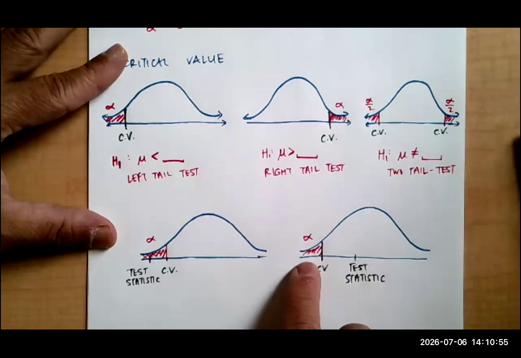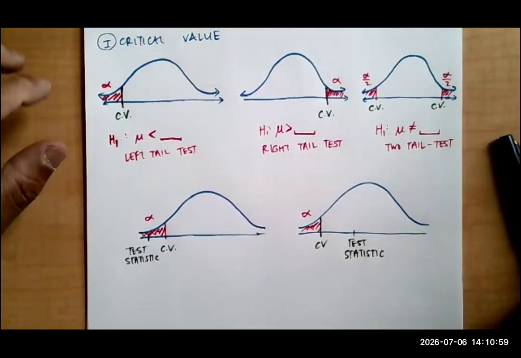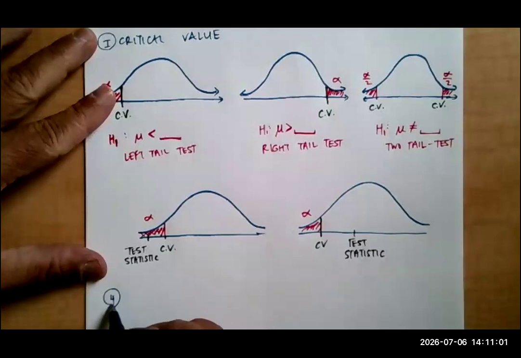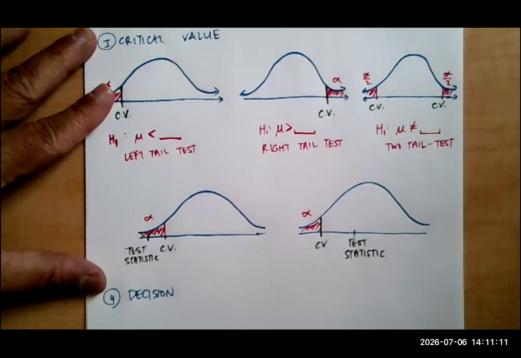It's outside that critical region, sometimes it's called, okay? When it comes to making our next statement, step 4, our decision, okay? Our decision's either to reject the null hypothesis